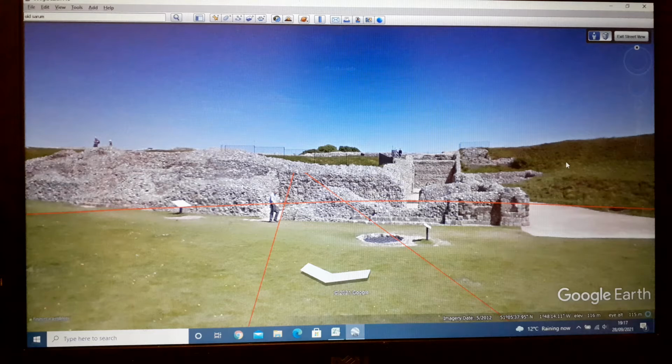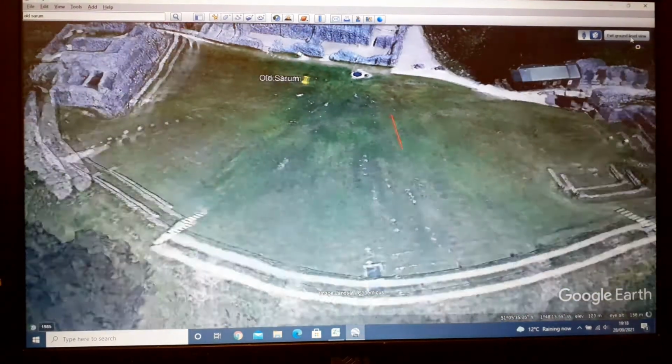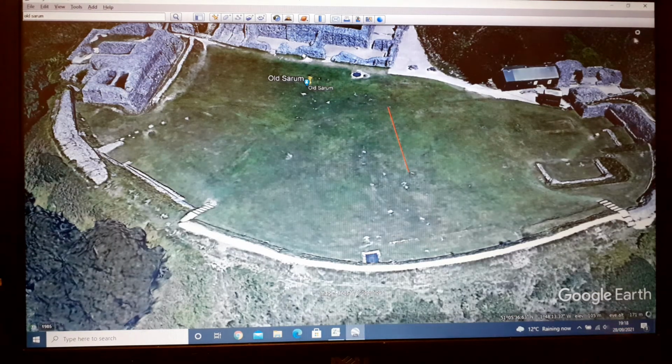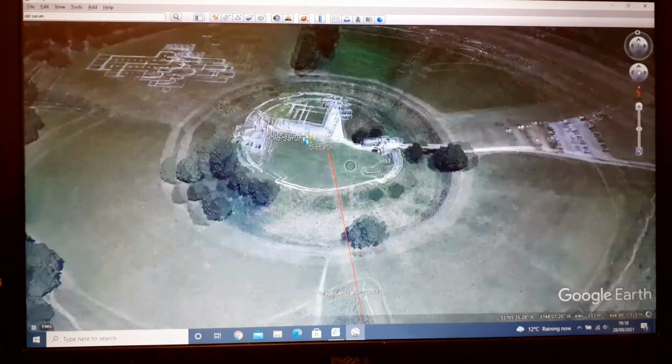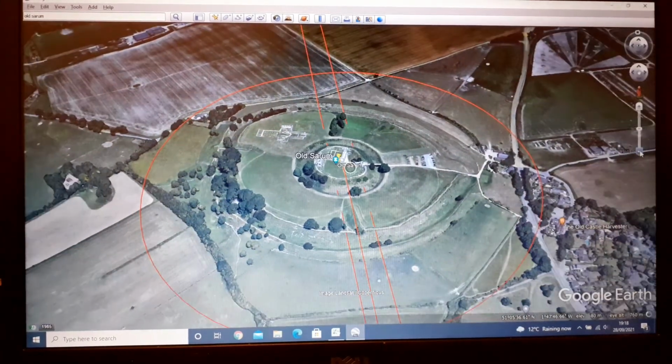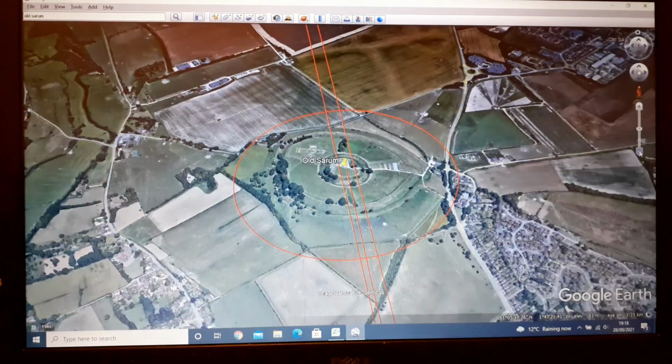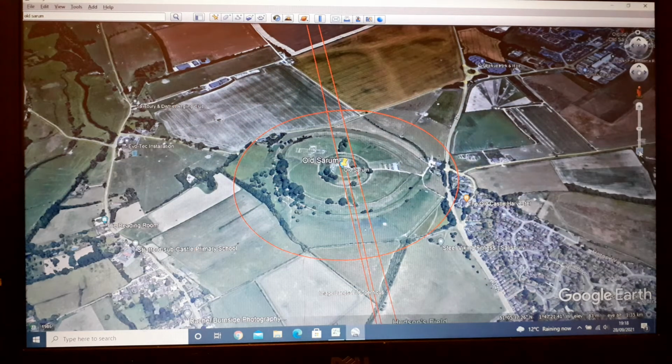Now, I'm on Google Earth, and I can drag this picture out to the actual map. So if I exit Street View, we can look down on Old Sarum, and then if we pull away, we can see the lines beginning to appear. There they are. Now these lines have come all the way down from the Orkneys down to Hengistbury Head,